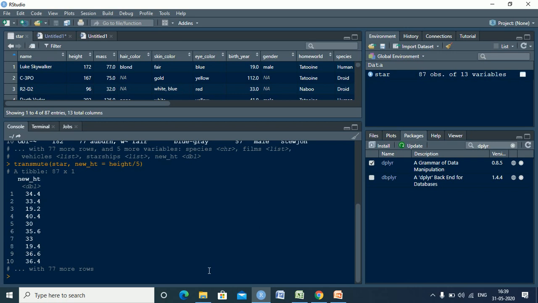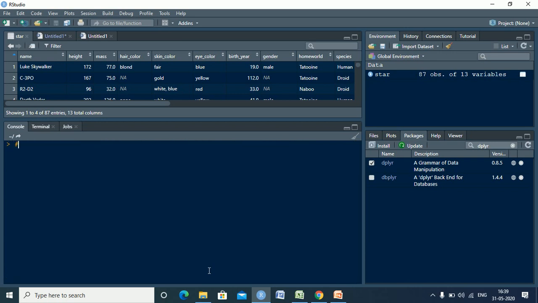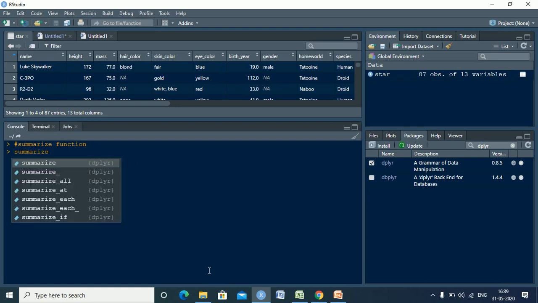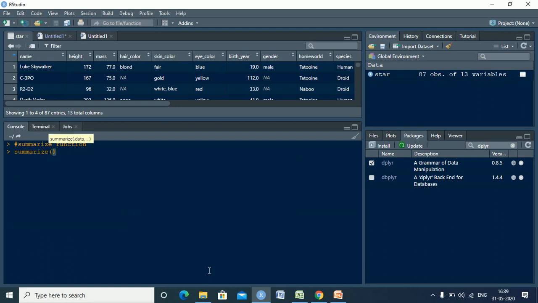The next that we move on to, and the last function for today's day, is the summarize function. In the case of summarize, suppose we use summarize star. Now I want to assign this to a variable.